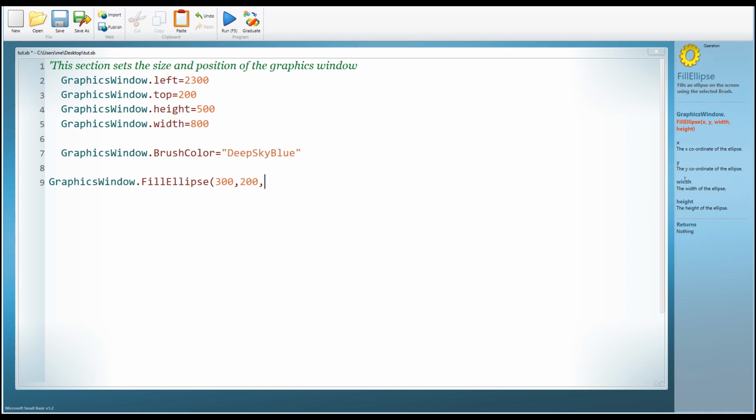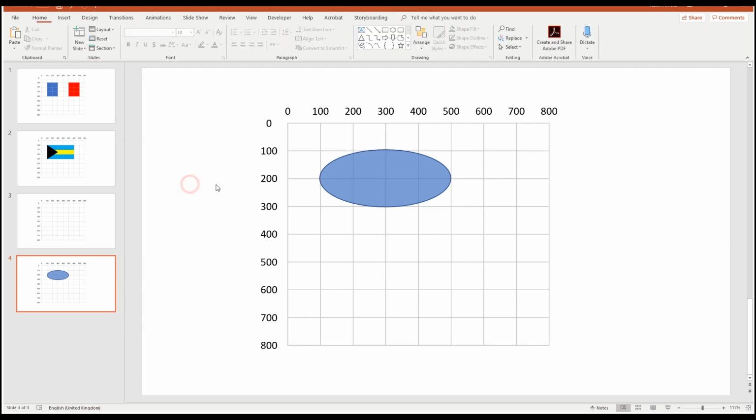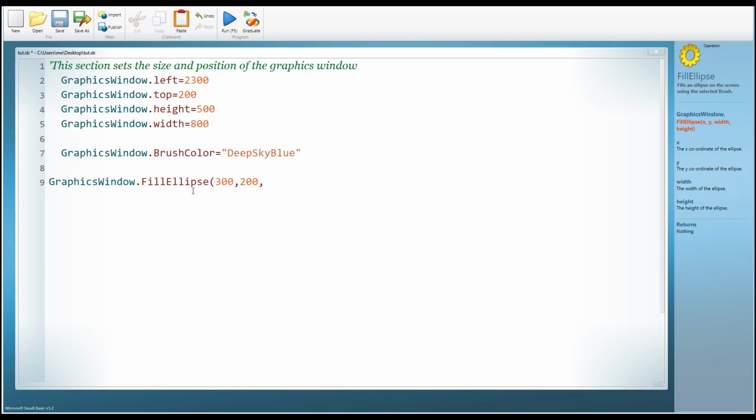And the second two values we need are the width and the height. So the same as with our rectangles, we have to look at the width in these blocks. So again, we're using this grid, it does make a difference. So this circle is 1, 2, 3, 4 across. Now, of course, if it was a circle, then the height and the width would need to be the same. But as it's not a circle, it's an ellipse, the width is 400 across, but the height is just 200. So if I put in 400 and then 200 as the width and the height,